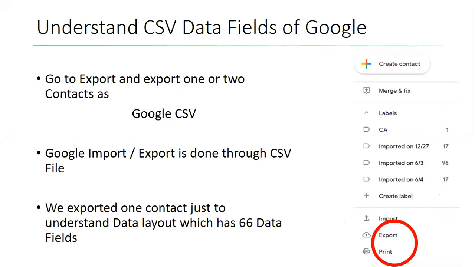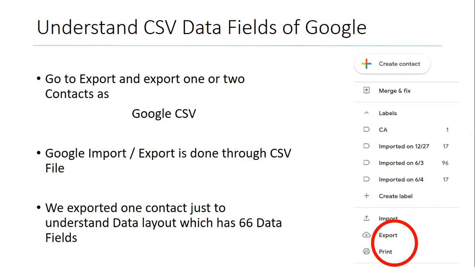The moment you click on contacts, on your left-hand side you see this window where it shows you import data as well as export data. In Google CSV there are almost 66 data fields, whereas we have to import very limited fields. We want only the person's name, maybe father's name, surname, email ID, membership number, and cell number, and maybe birth date. So we'll check only a few limited fields.